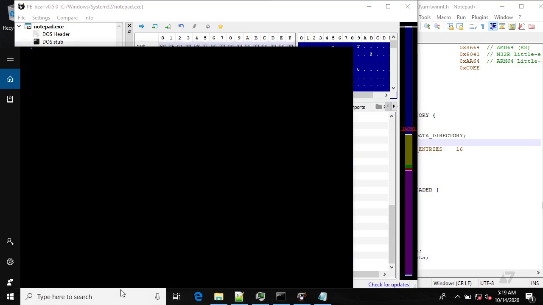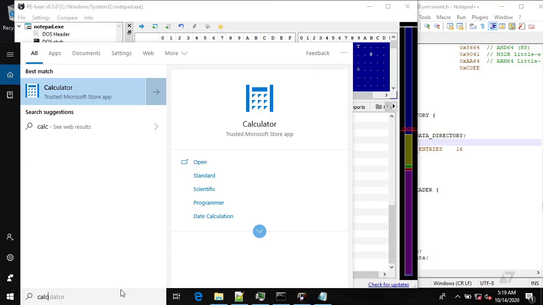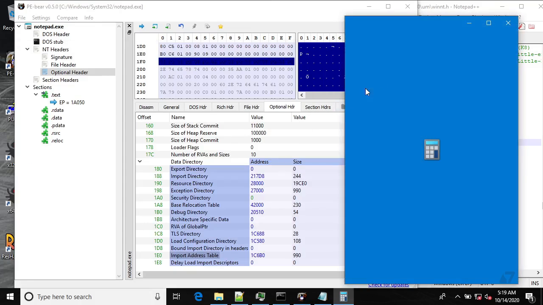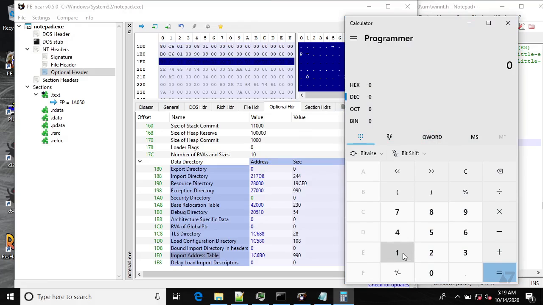Okay, so we need a calculator, and set it to hex. So 1C6B0. This is our RVA for the import address table. Okay. So now let's